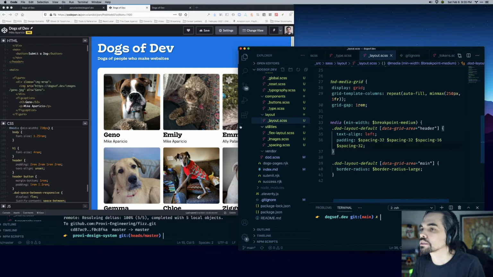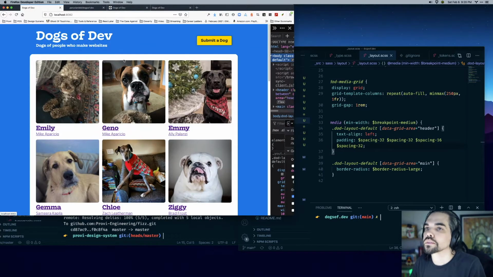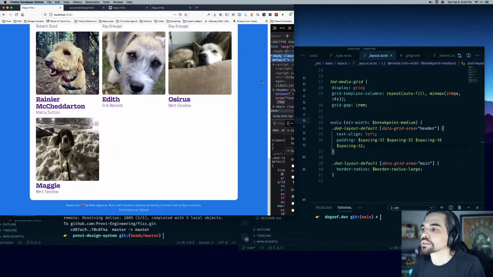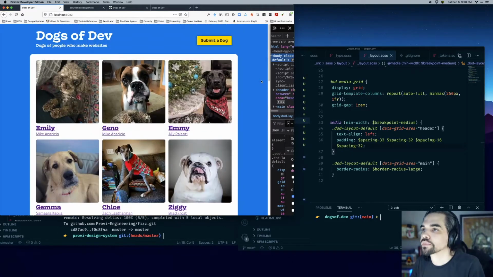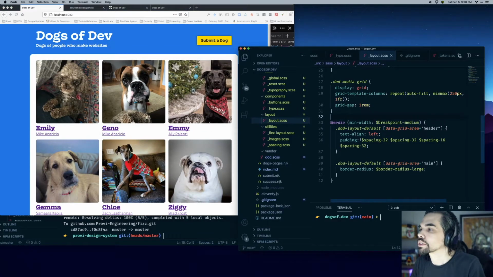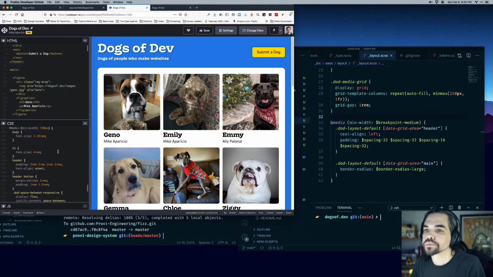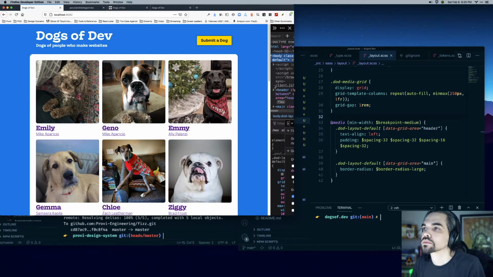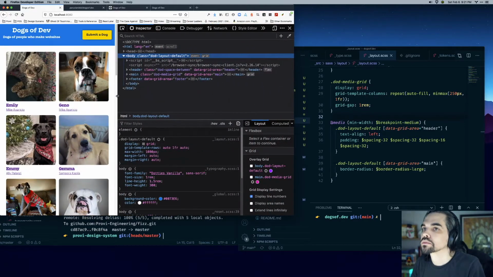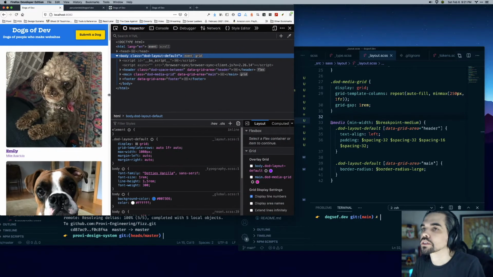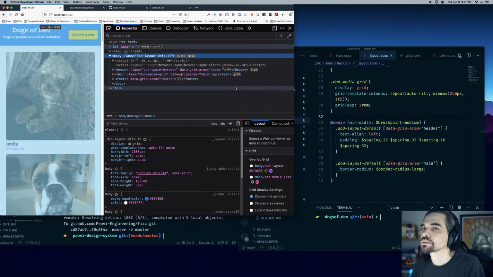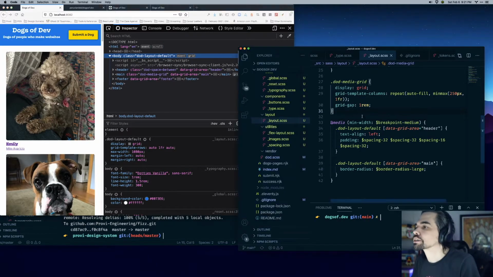There you go. Padding the header. Oh. Right, that's the other thing. So